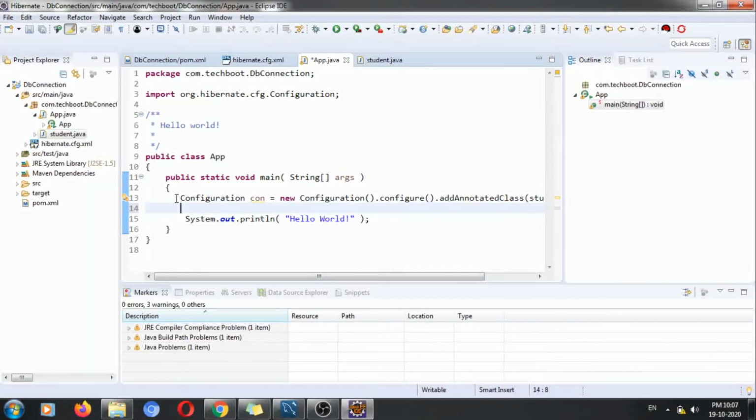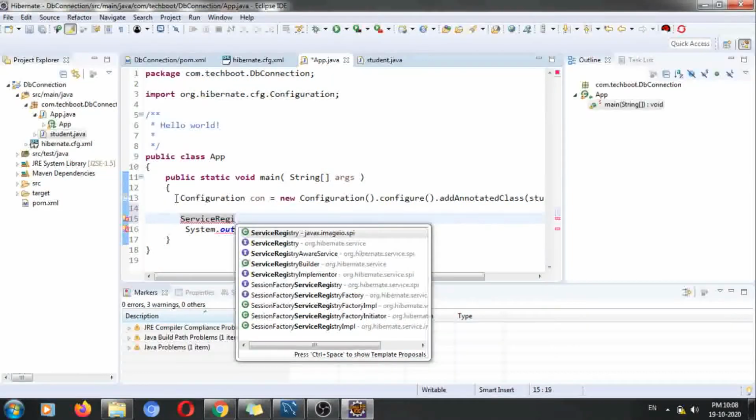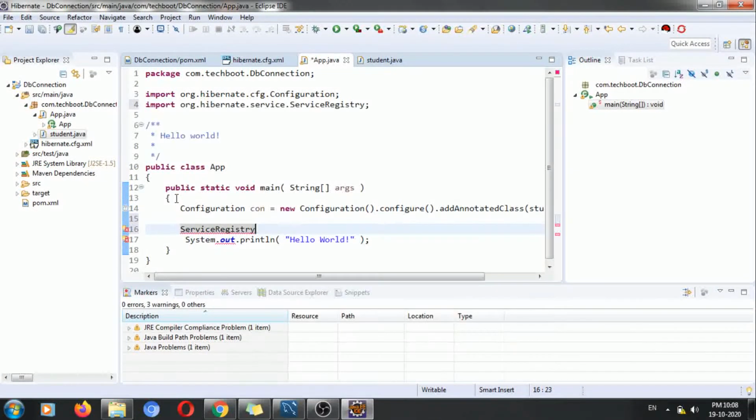Next we need to use the service registry. Why? We need to make the registry of that particular configuration. So we need to use the ServiceRegistry that belongs to Hibernate, and call it reg is equal to new.